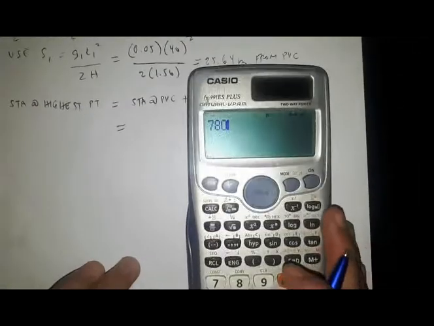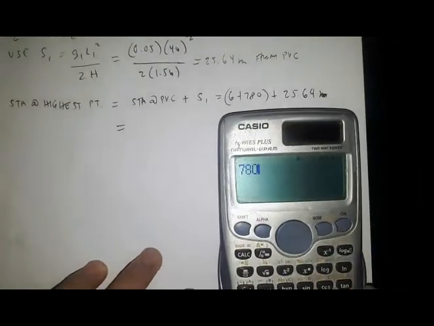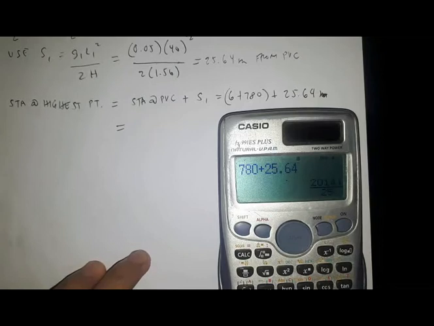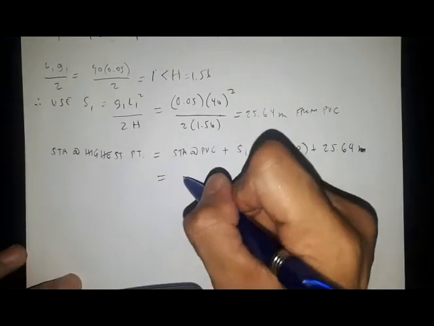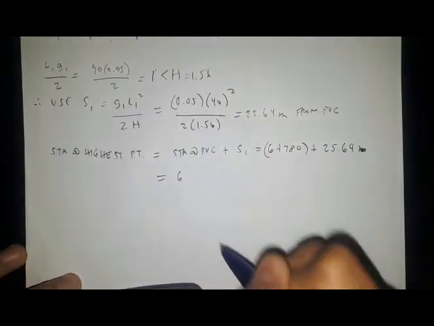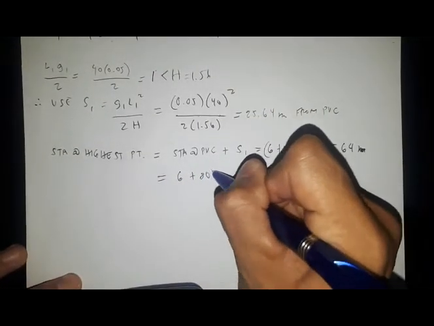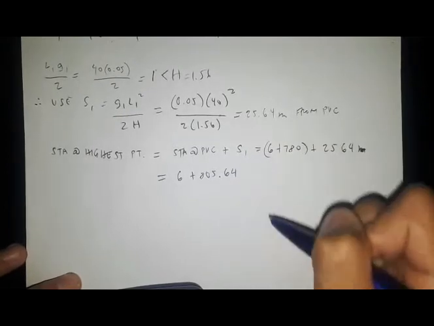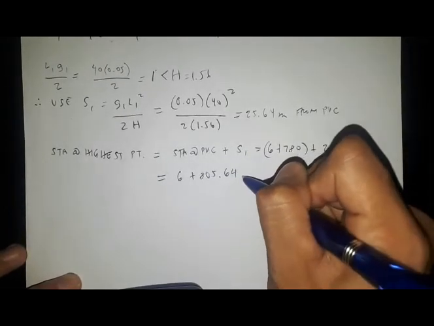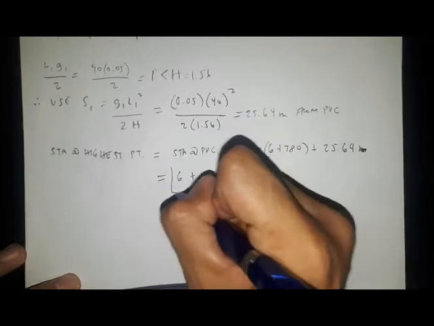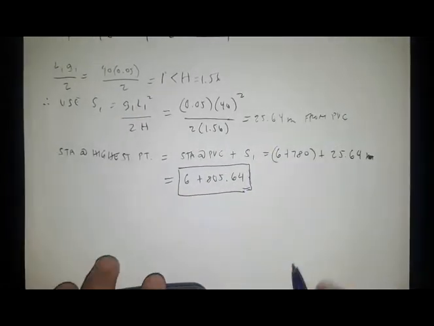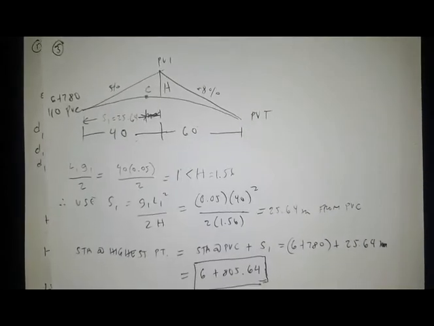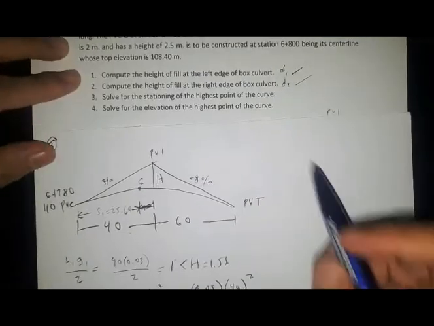780 plus 25.64, 805.64. So the stationing of the highest point is 6 plus 805.64 for number 3. So we have answered